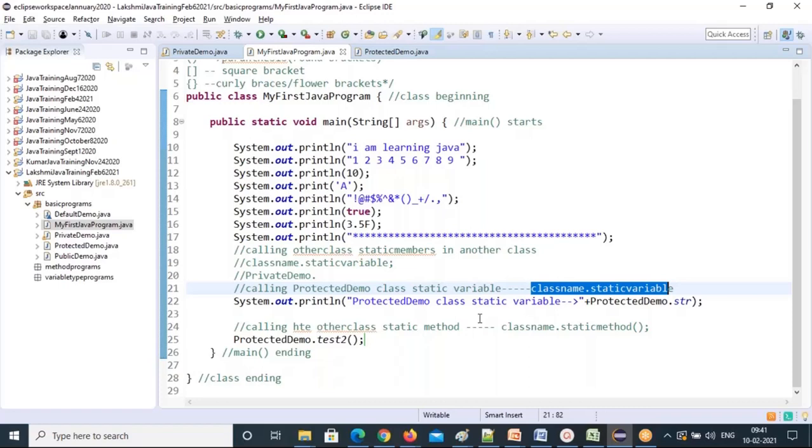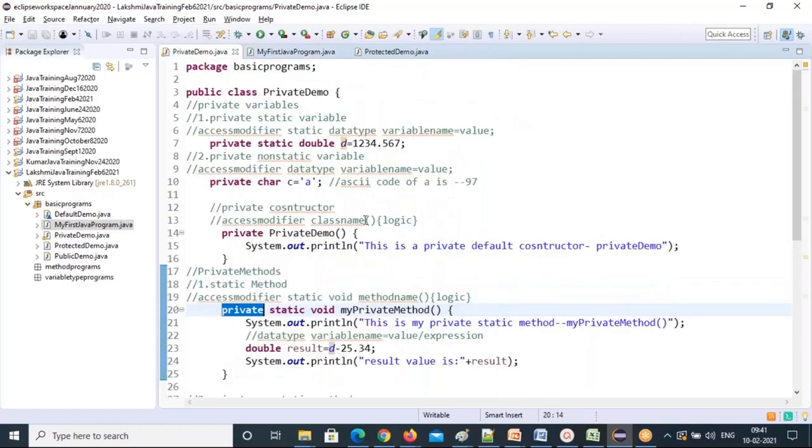Sir, one more doubt. Going to private access modifier, when there is no option of selecting private in the radio box, how will you create this class in this package? But a class is public, right?